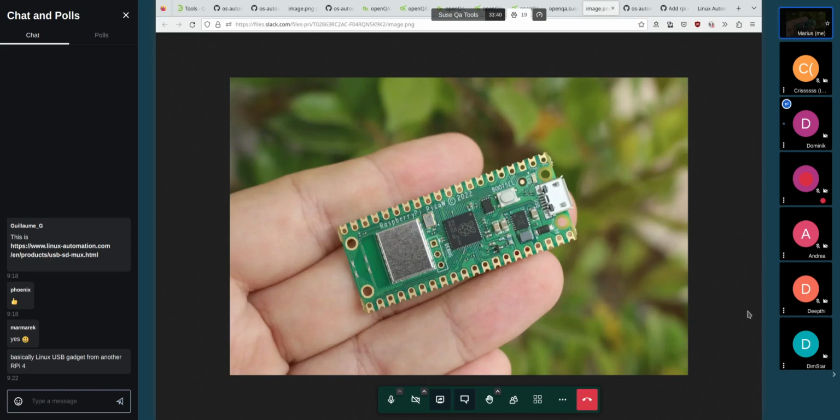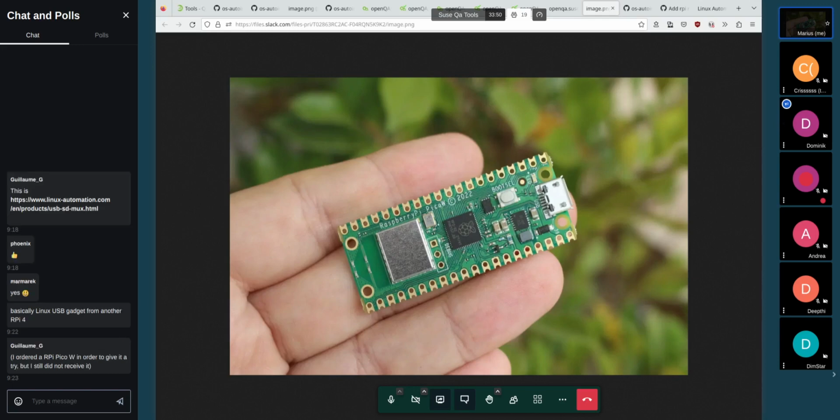Yeah, you can do a USB gadget, and it's very cheap. It only costs €7. And what I do is I created some software that